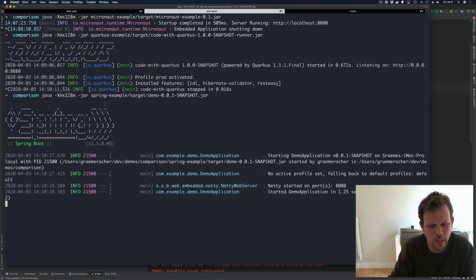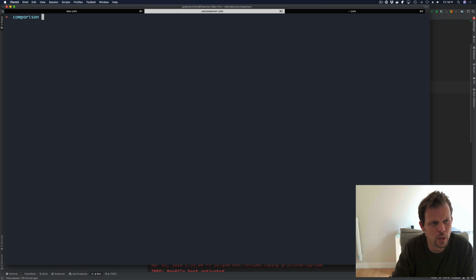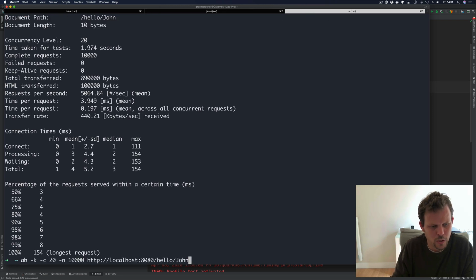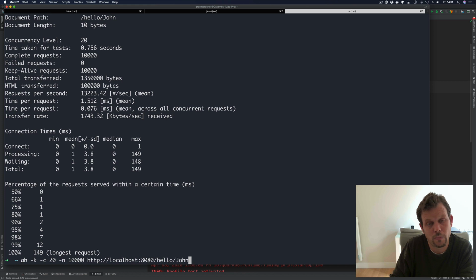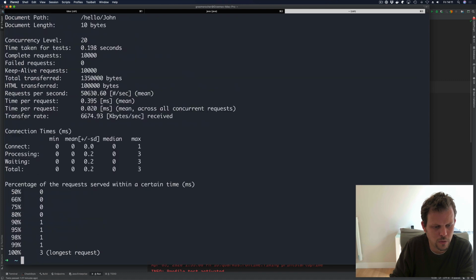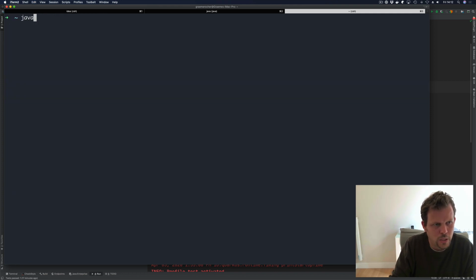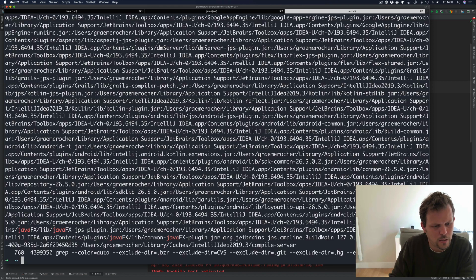So that metric I'm going to leave out. So let's look at another metric then, which is memory consumption. So once again, we are going to run the Micronaut example. Here we go. I'm going to put some load on it a few times, because there's no point in measuring memory consumption when the application has just started. The JVM needs to optimize things, and that's going to eat up some space and needs to essentially get things going. So I'm going to run this a few times. And now I'm going to run Java mem, which is a little alias I set up